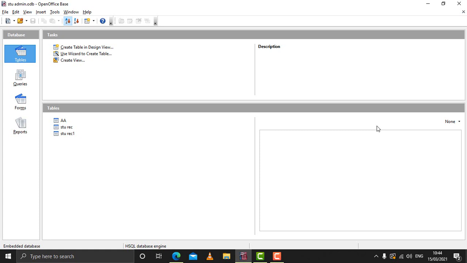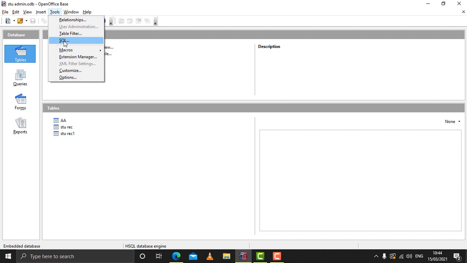Now we will see how to execute a command in SQL. If you are using OpenOffice Base and you want to execute an SQL command, you need to first open a database, then go to the Tools menu, click on Tools, and from there click on SQL.